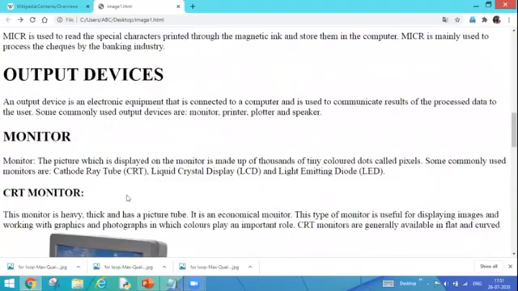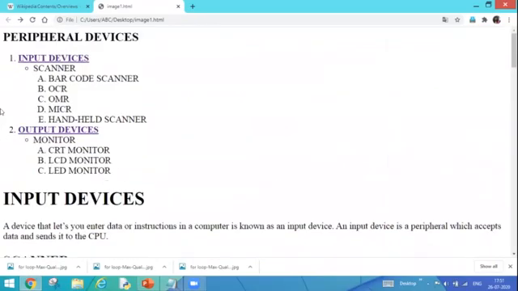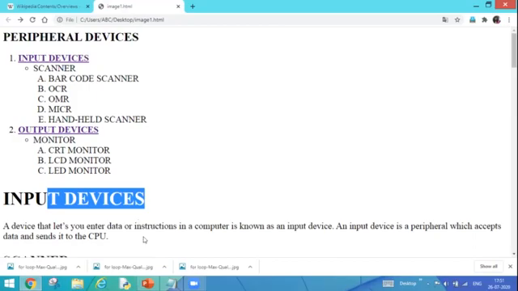So what am I going to do actually? I'm going to generate the internal link onto this input devices so that on the same web page I can directly jump to this section. Similarly for output devices, so that I can directly jump onto the output devices section, I need not scroll down again and again. So let's move on.